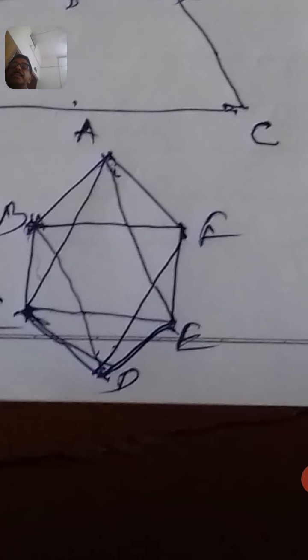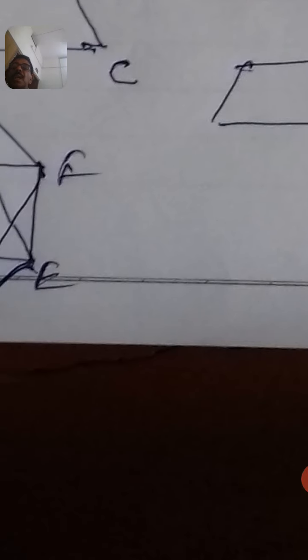Now, diagonals, you see, in a hexagon. I told you that a diagonal in a polygon is a line joining the alternate vertices. So if you start from A and leaving B, you join C, AC is a diagonal. Similarly, you have got different diagonals, 6 diagonals, and if you join them, you get a star like this.